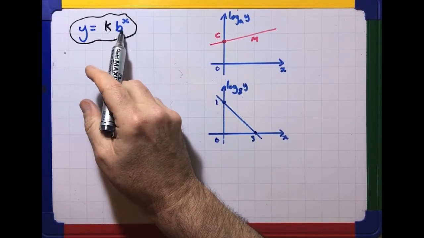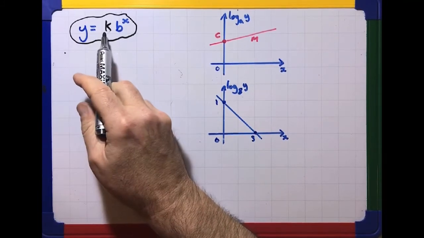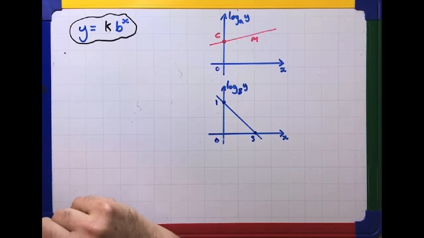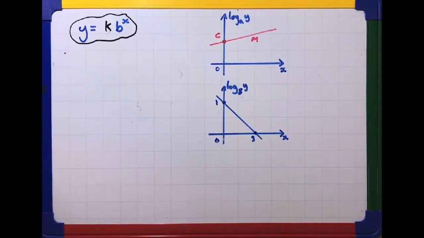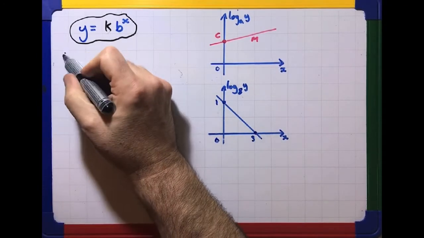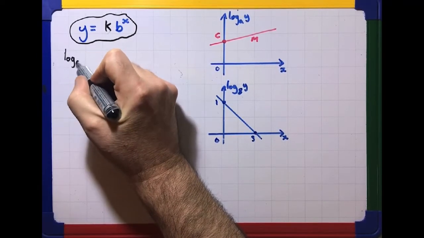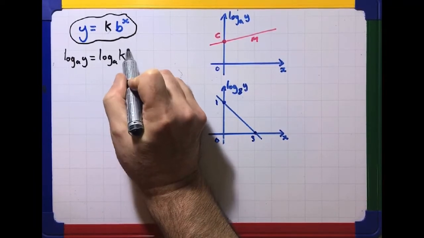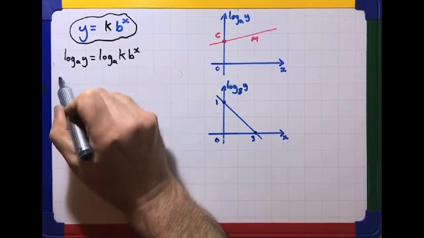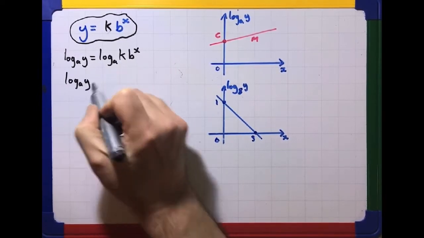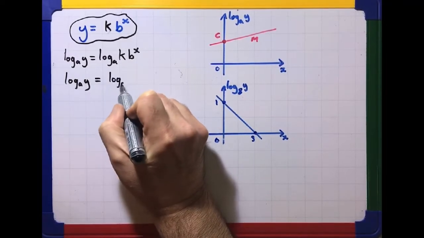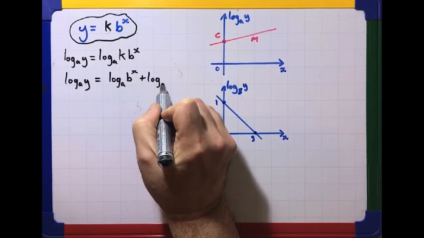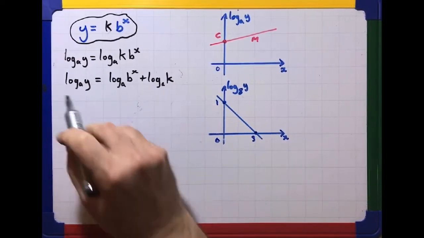This time round we've got an exponential. It's k as a constant, so it's k times b to the power x. So we need to find out what k and b are. So same as last time, I'm going to take the log of both sides. Remember, multiplying we add, so that bit's the same. Okay, so that bit's the same, but look,